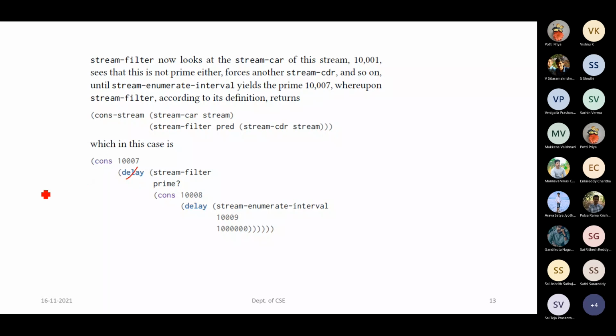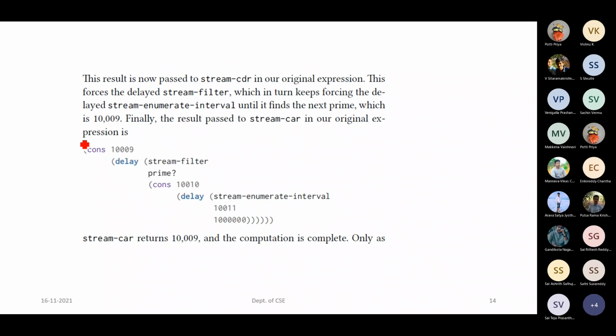So by using that CDR, this delay will be removed. Once this delay is removed, we apply the stream CDR again, that is stream CDR through the filter procedure, and then this delay will be removed. Like this, you will get the next prime number, which is 10,009. Once you get this 10,009, it stops because there is no stream CDR anymore.